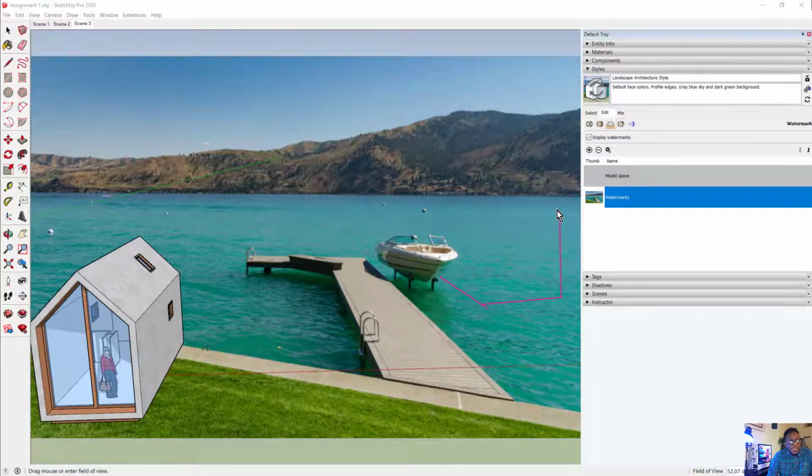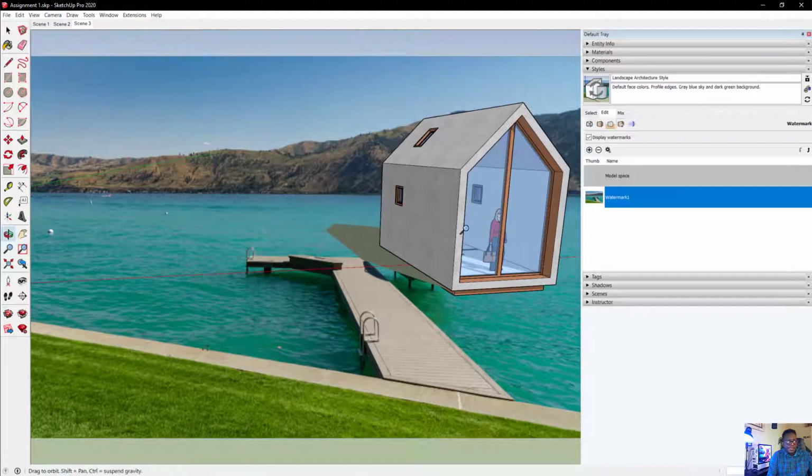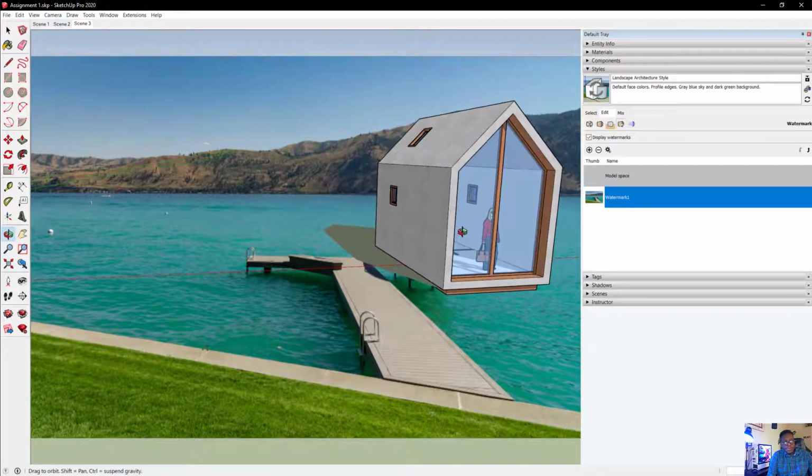Well, of course, we're not able to put the house behind the boat because the boat is actually a part of the image. So what we have to do is we have to kind of imagine what it would look like behind the boat. And then we're gonna do that manipulation when we go in SketchUp. So maybe it would need to be a little smaller, not too small. You can also switch over to